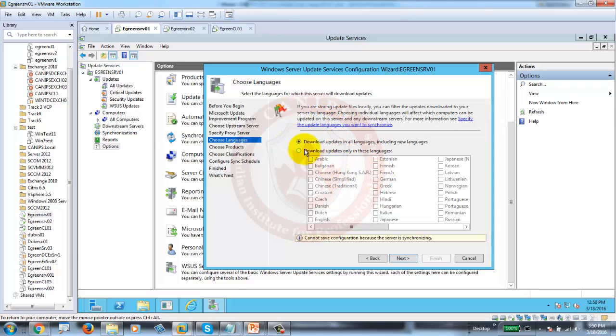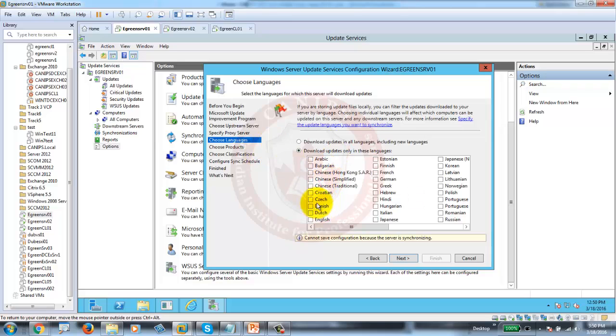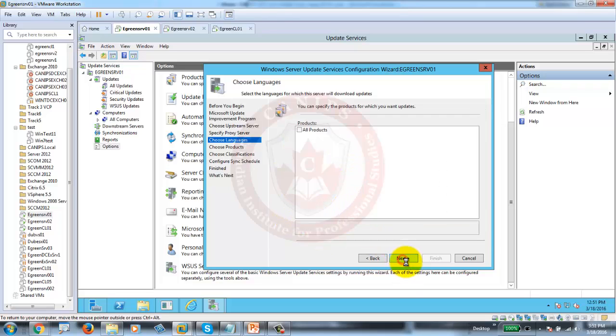Now here it's asking about the download languages. What languages would you need to download? Here we can reduce them. We'll select to download updates only for these languages. Otherwise, if we download all languages, we don't need all of them. We just need the English language. And next,